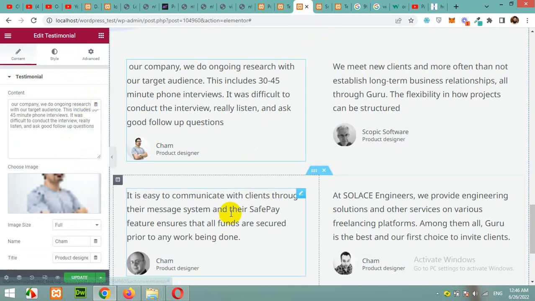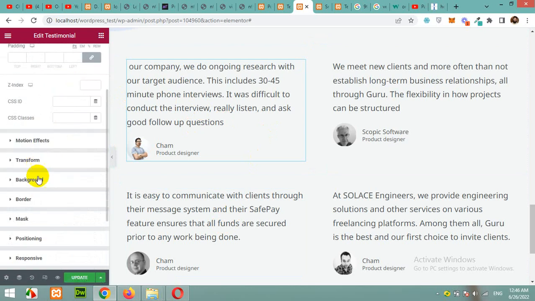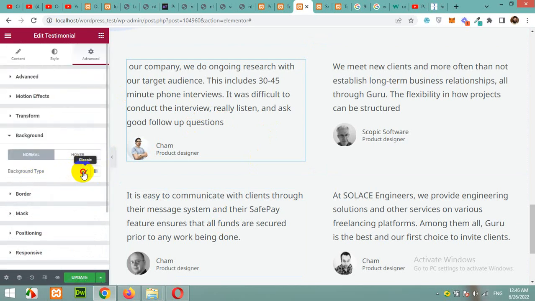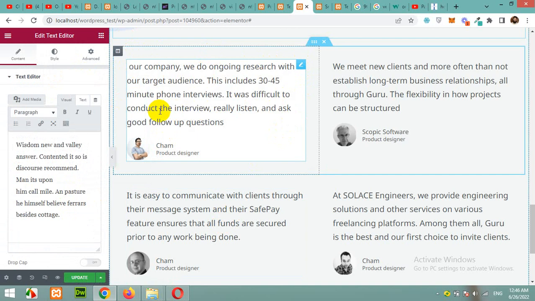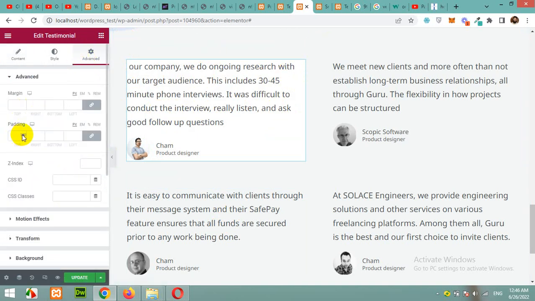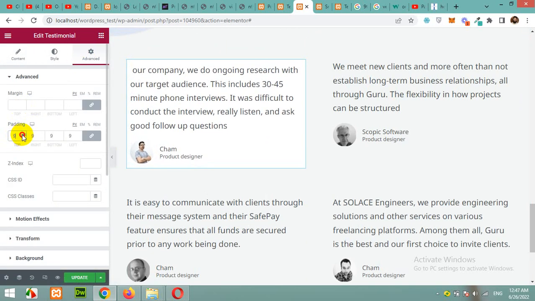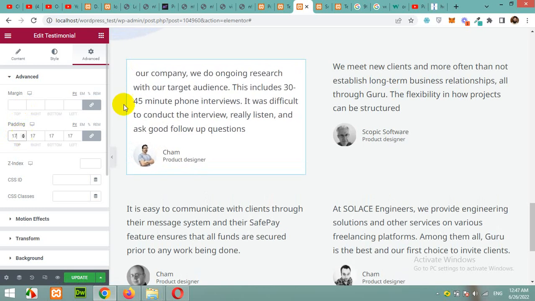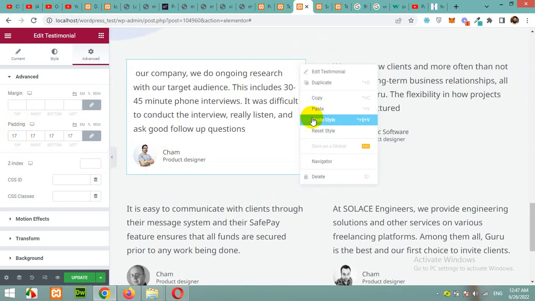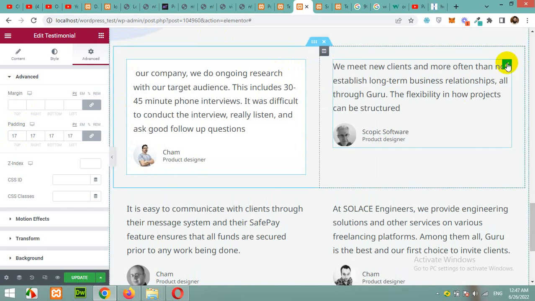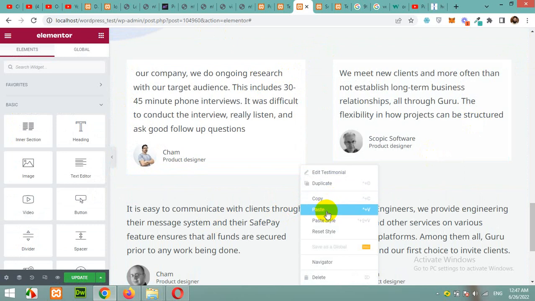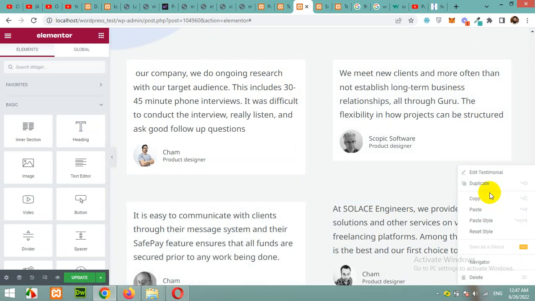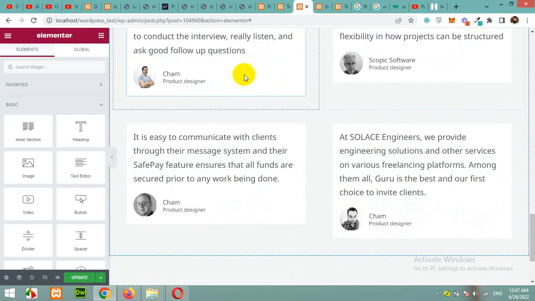If you want to change the whole box color, then click on advanced. In the background, click on background type and choose color white, and we have a white background for this whole content. You can change the inner padding like this instead of the whole padding. So click here, right click here, copy and paste style on all of them. If you want to keep them same or similar, paste style and paste style, and you can see